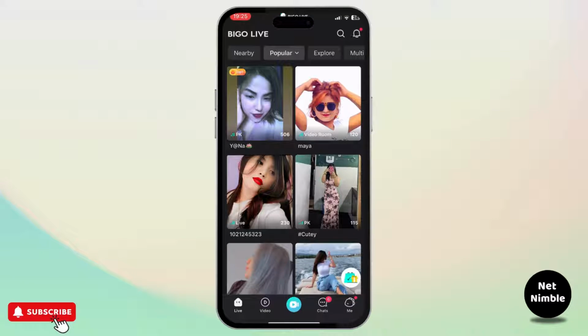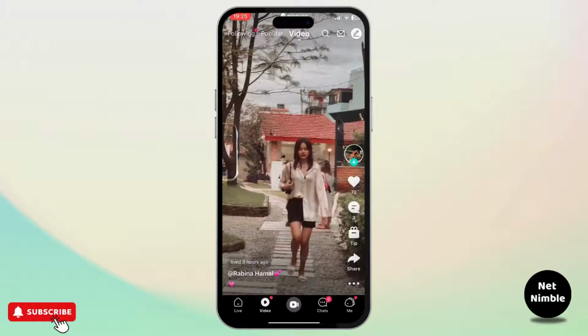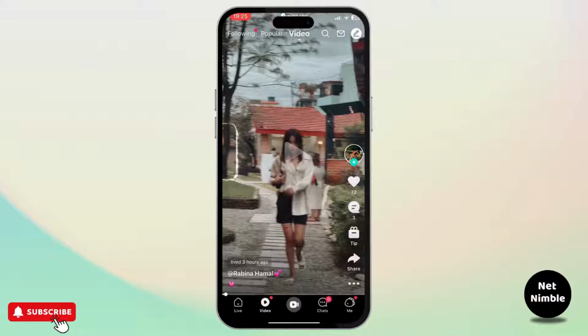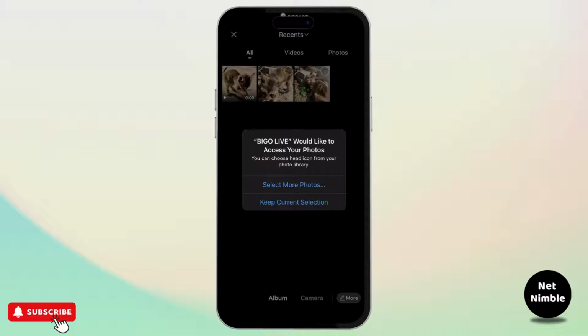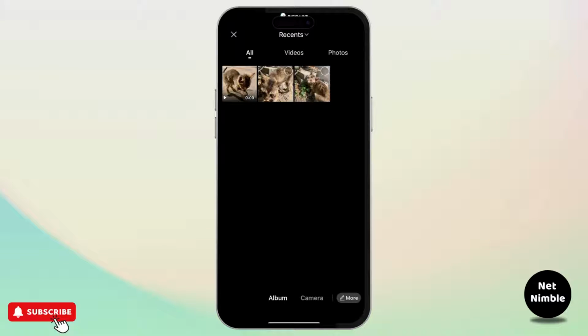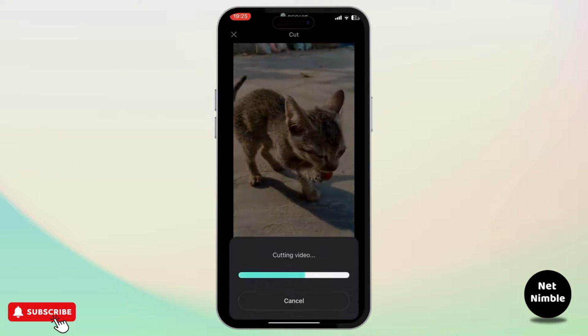And after you've opened it up, go to the video section that's right beside the live section. And after you've gone to the video section, click on the top left icon that has a pen in it. And after you do so, just select the video that you want to post. And after you've selected it,